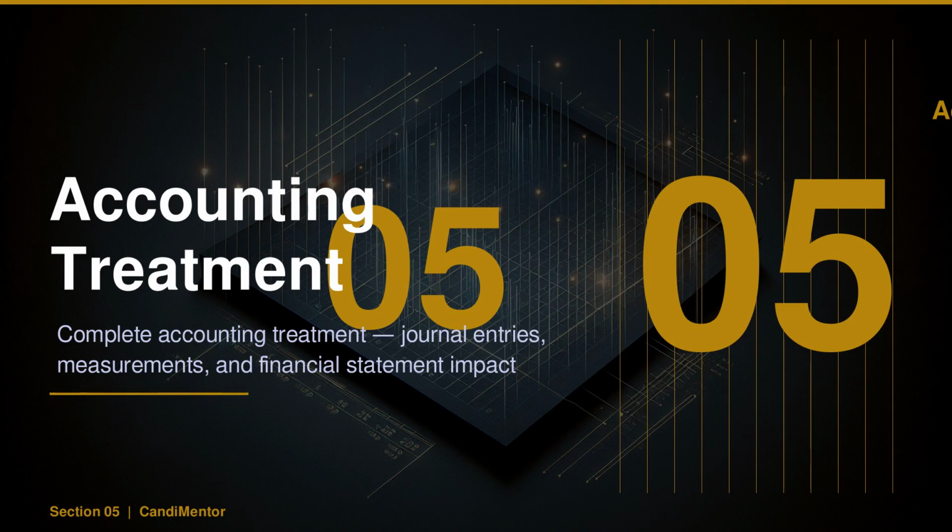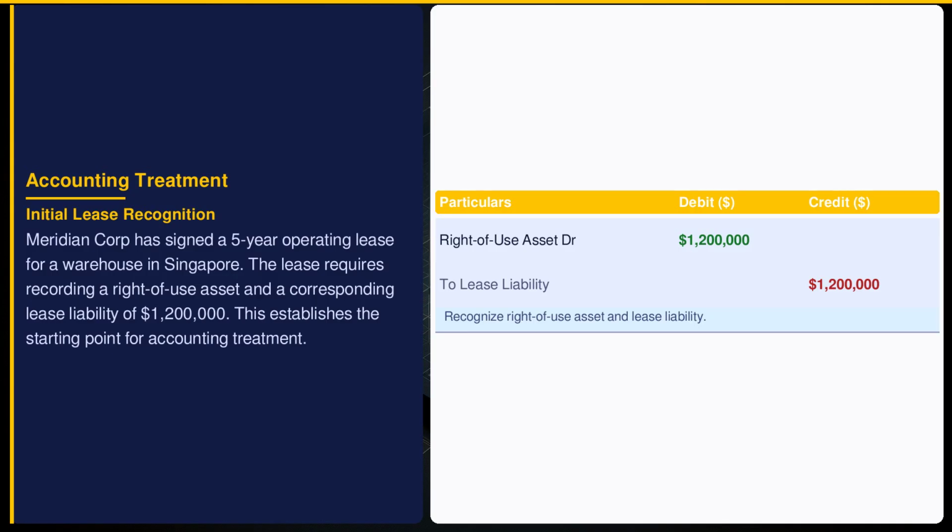Meridian Corporation, a global manufacturing company, signs a 5-year operating lease for its Singapore warehouse. Watch how every accounting event plays out. This comprehensive journey through Indian Accounting Standard 36 will illuminate the financial impacts from initial recognition through the life cycle of the lease. Indian Accounting Standard 36 mandates that leased assets like Meridian's warehouse be recognized as right-of-use assets with